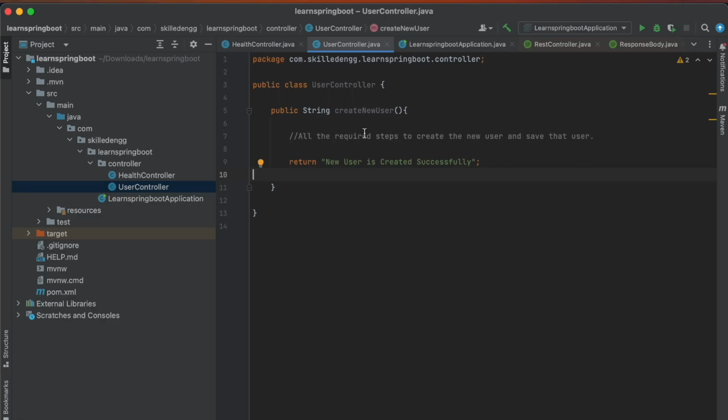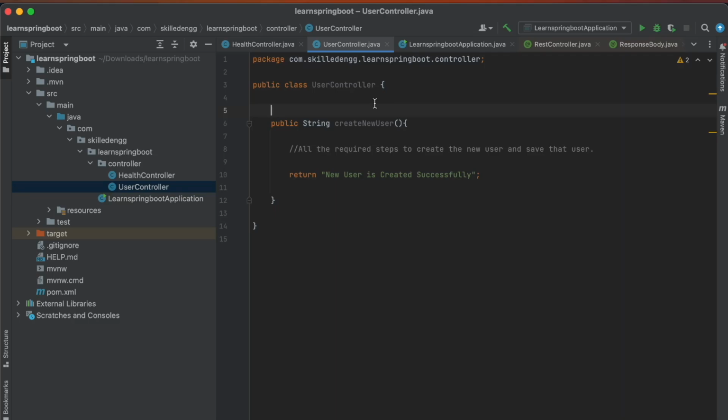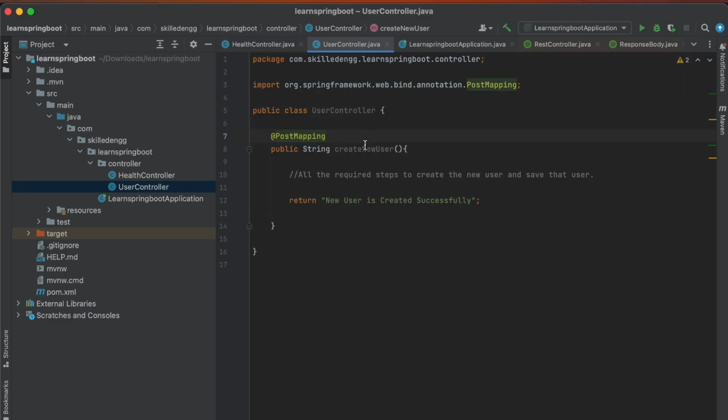Now because this will be a POST API, we will use one annotation similar to the GET API which we had used in the previous video. We will use the PostMapping annotation here, so that this particular method will act as a POST API. And we need to give some path like we had seen in the previous video. When we hit any API, at the very start there is some host. For our case it will be localhost, because we will be launching this application on the local system. So localhost will be our host, then a colon and the port on which this application will be deployed. By default the service will be up on port 8080.